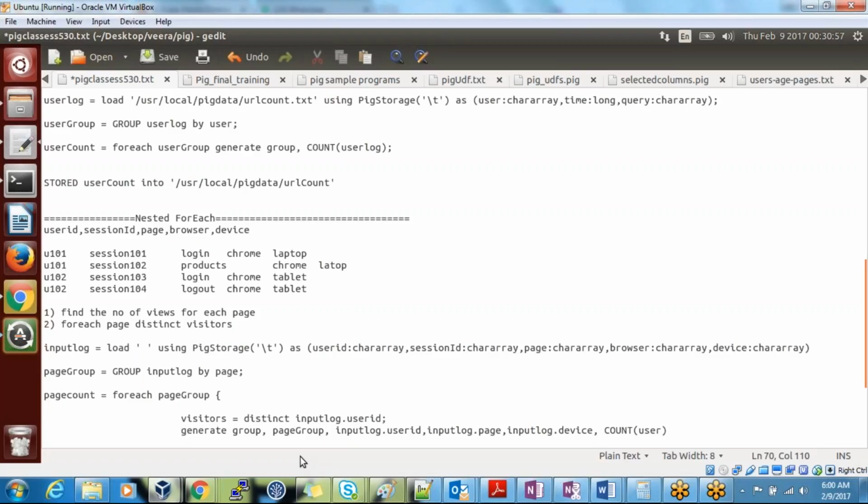This count, I can say input log dot user. You specify a table name and column name, the same way I'm doing here. I can give an alias name, visitor count.